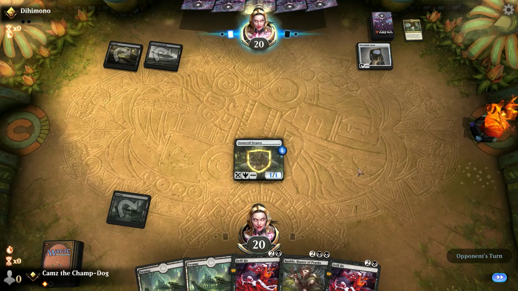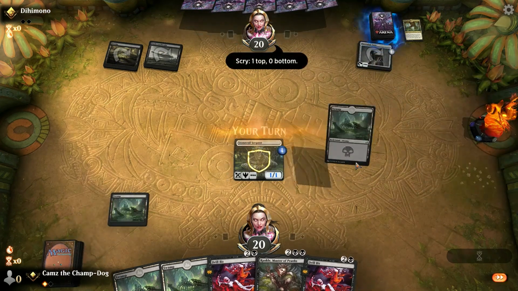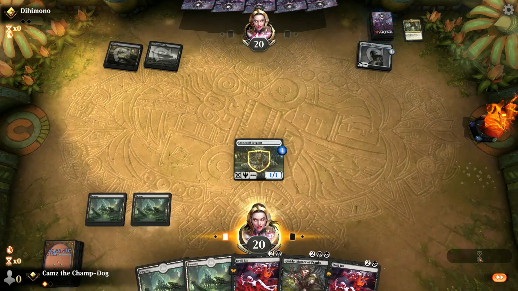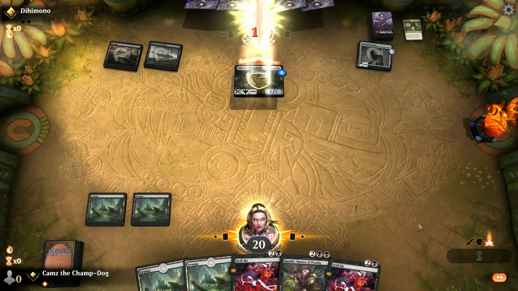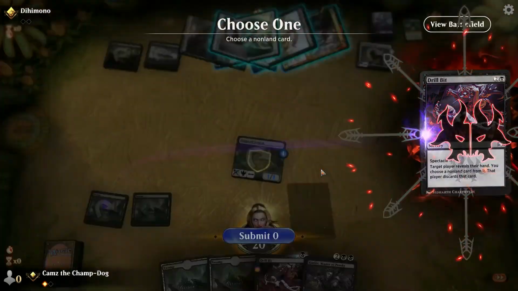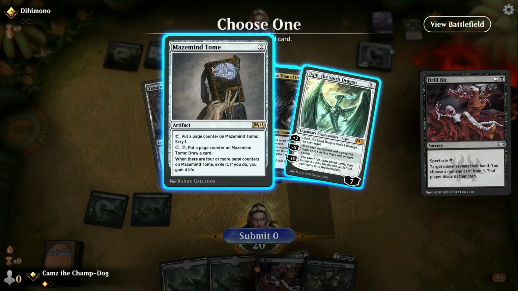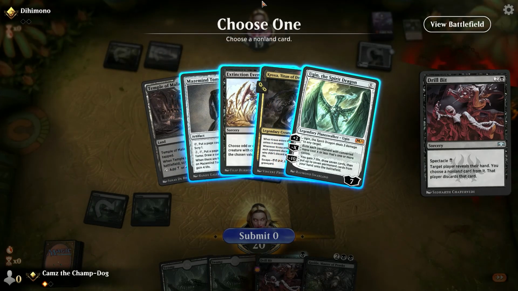Okay, Maze Mine turn. Serpent lives. Yep, so they're going to scry. They like what they see. Scry to the top. I bet they won't like what they're about to see. Okay, so I think we...